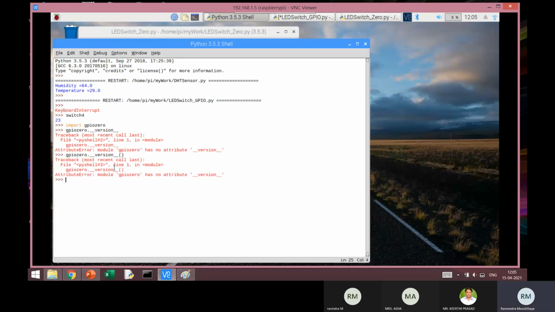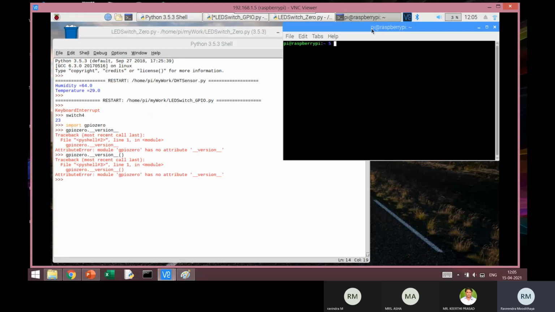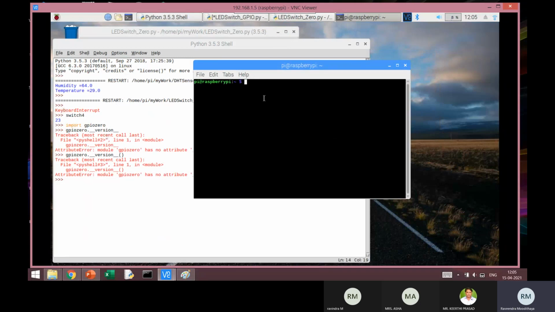Okay, there's some error, attribute error. Don't worry about that. GPIO 0 is installed anyway. In case it is not installed, you can install it in a matter of 4 minutes by typing this command on the command prompt, sudo pip3,